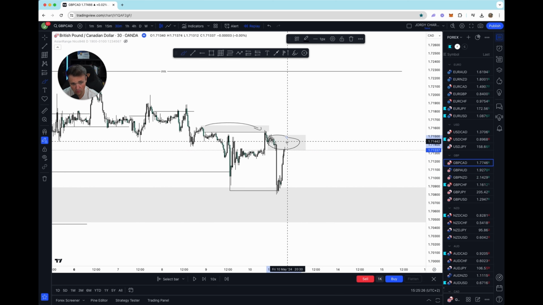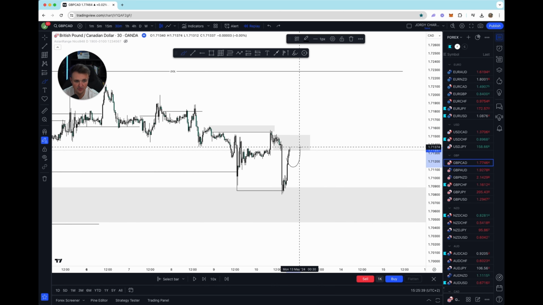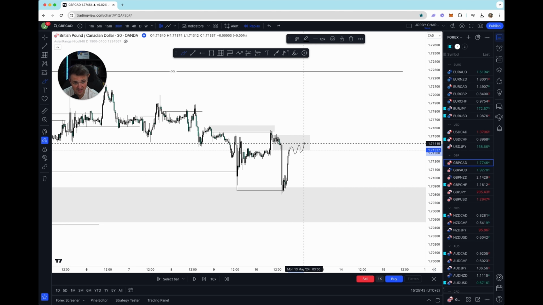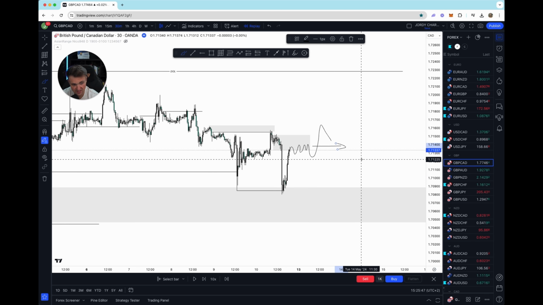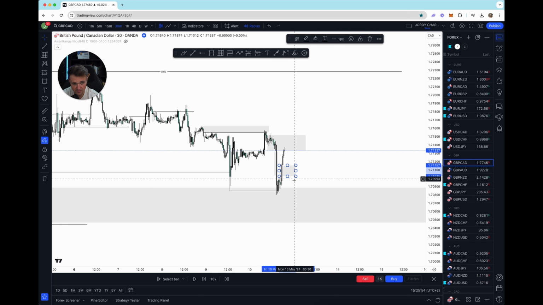This is the only zone where people still might consider going short. People might consider going short here, for example. I have no idea. But this is the most obvious PD array where people are going to be going short and where we might see a move. So if we have price trading into this zone, not respecting it, this is actually the magic of ICT when you should trade. Obviously, we also have a BPR, which is a balanced price range happening right here.